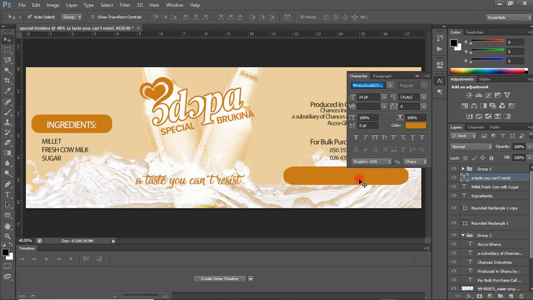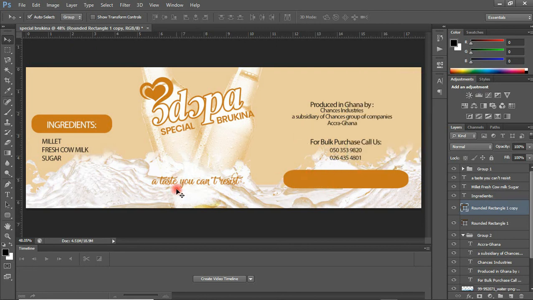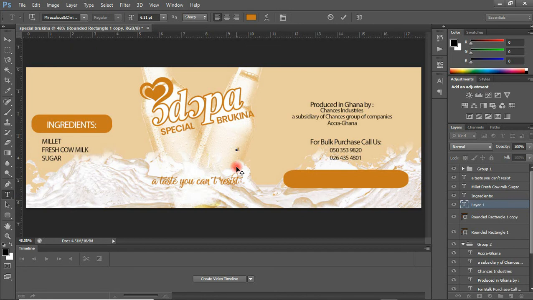So let me change the size to 20. So what goes into this rounded rectangular tool is shake well before use. So I go by this with the text tool selected. Come here, I say shake well,